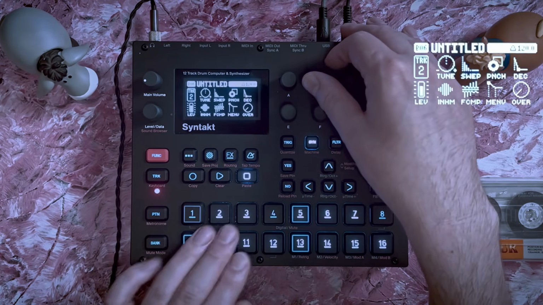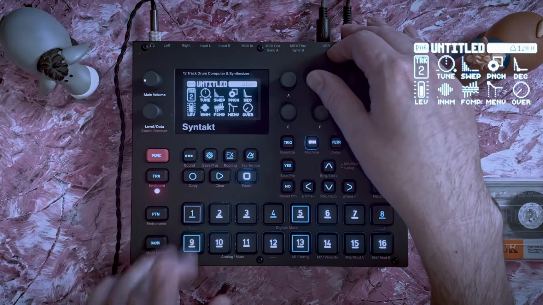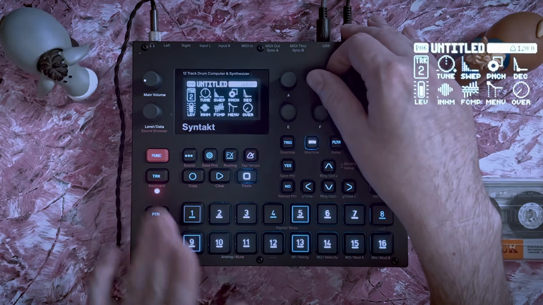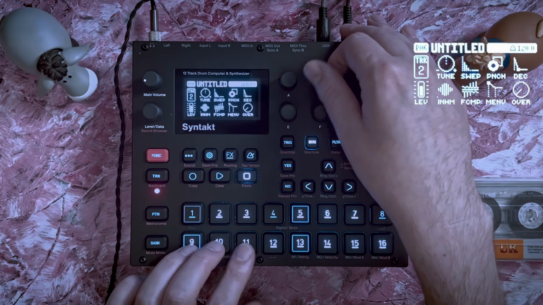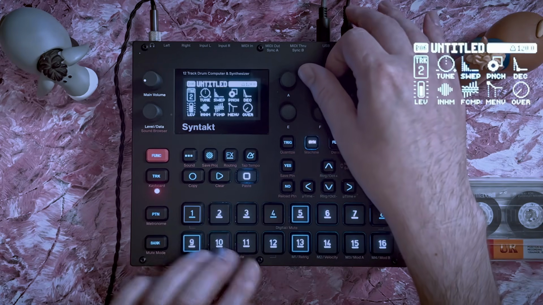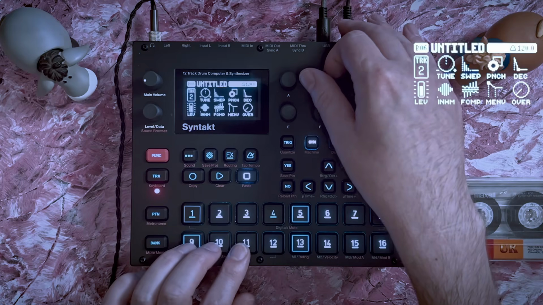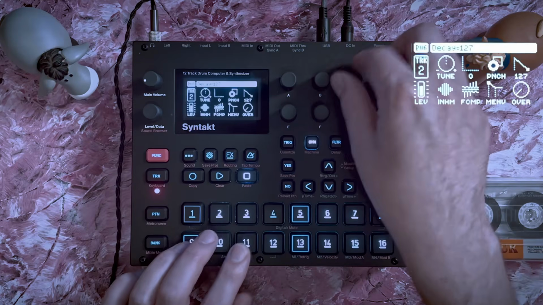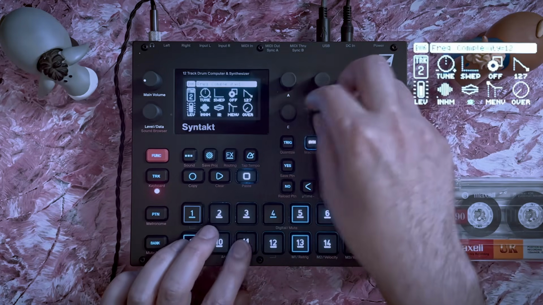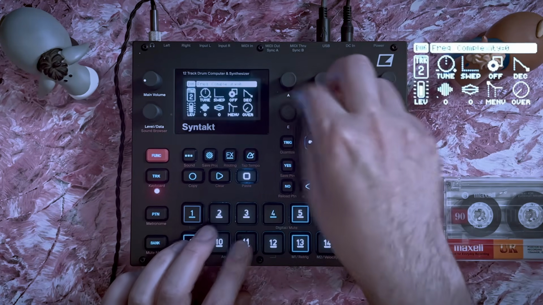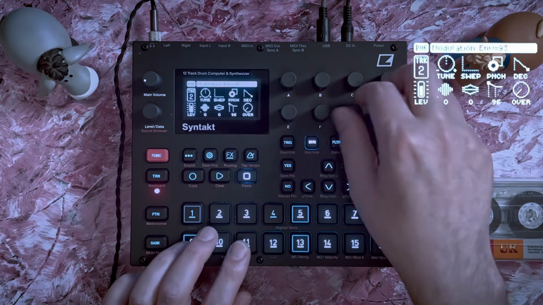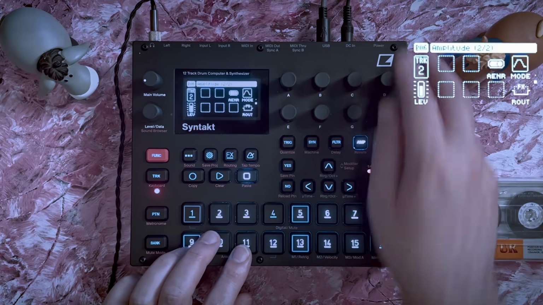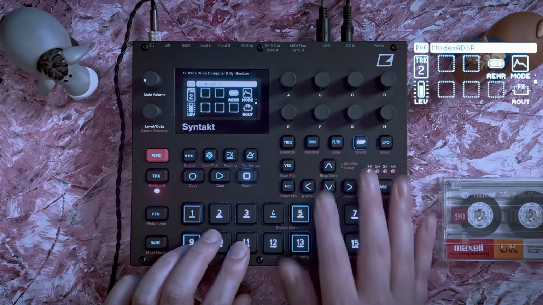The snare drum is similar to the kick drum in the sense that it has a tonal component, a pitch envelope, but then there's also some noise involved. But you can basically do the same thing. If you get rid of the sweep, and set the envelope to ADSR again,